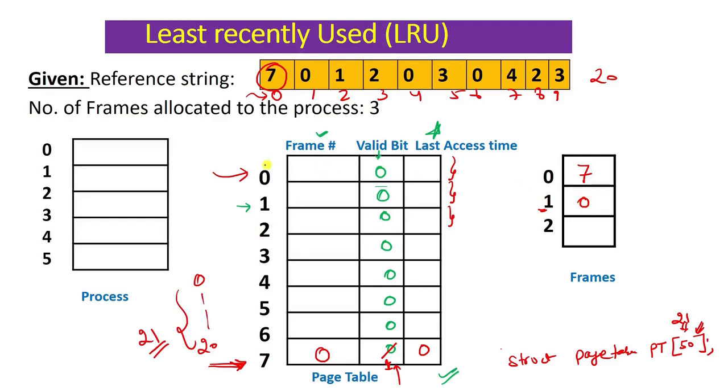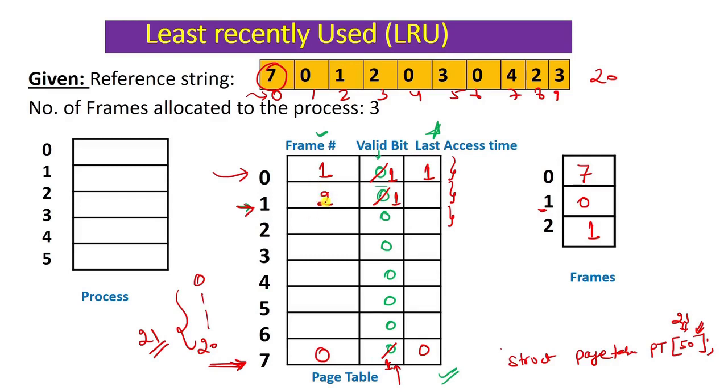So now for this 0th page, I'll update this. Okay, and I'll update this frame number. 0th page is now in frame 1 and its time of access is 1. The same thing I will do for 1. Okay, 1 is not present because its bit is 0, so I'll put 1 inside any free frame here in the second frame. So I'll say, okay, now you are 1, I'll put you into the second frame.